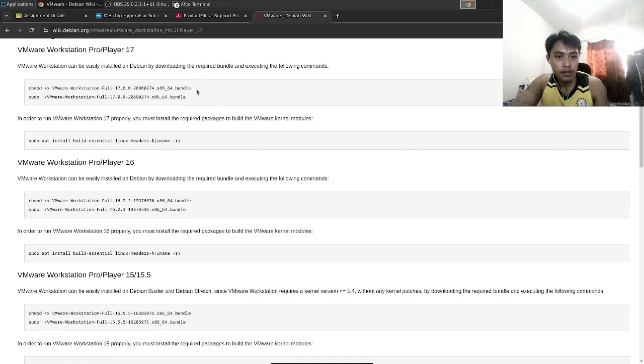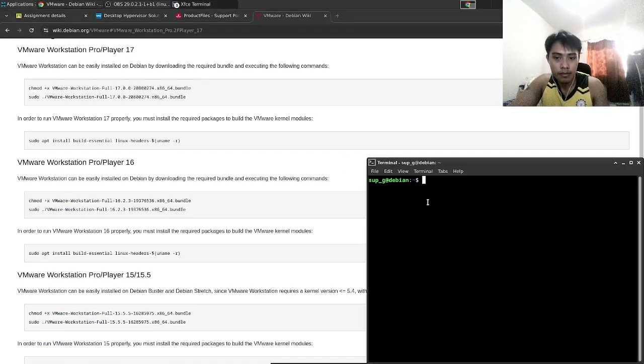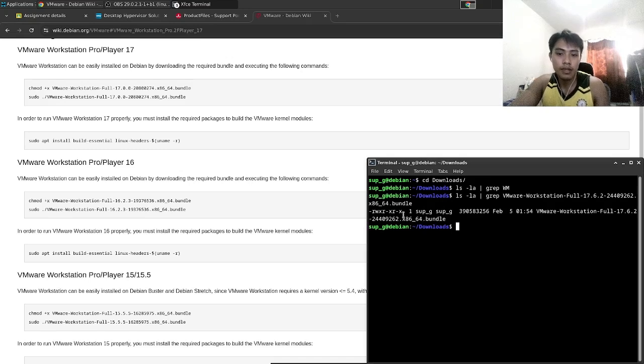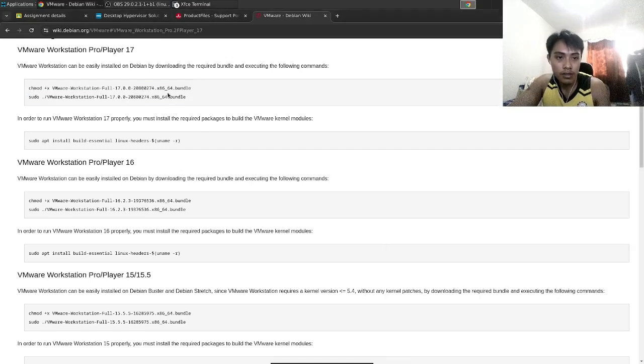In my case, if we search for VMware, it is now executable because I did input this command, and I also installed it already. To install it, just copy this,